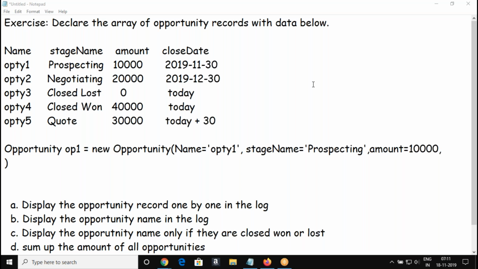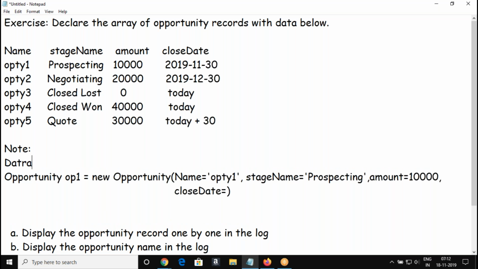So listen here. I'm going to give the value for the date field, right? So close date is a date field. Suppose I'm going to give the value for the date of join, as my requirement is to give the date of join as 2019 as 11:30.